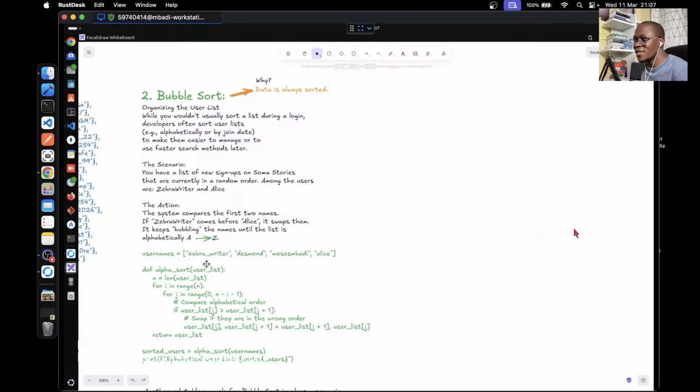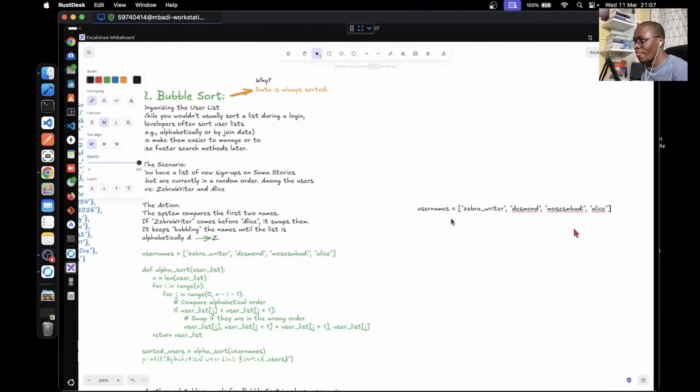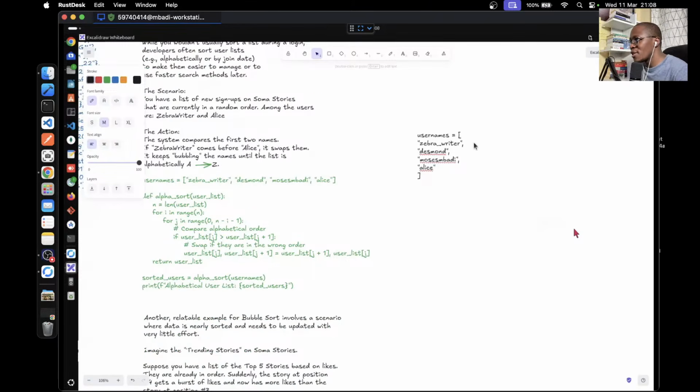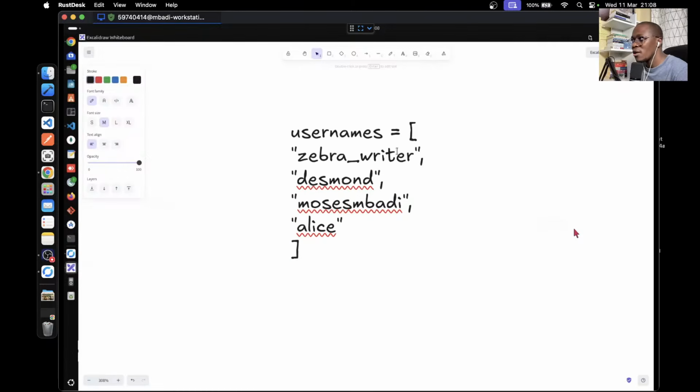So let's say we want to sort this list. So we have our list here and we want to sort it. So there are 2 scenarios. The list is not sorted yet, okay? We do not have any form of sorting. So we have to sort the entire list. So how do we do that? Let's just start from the first one.